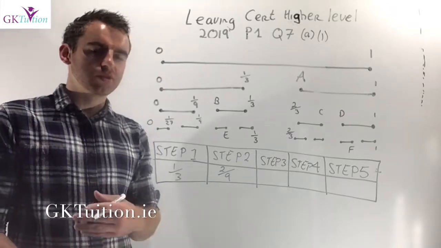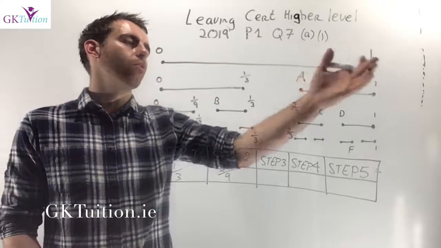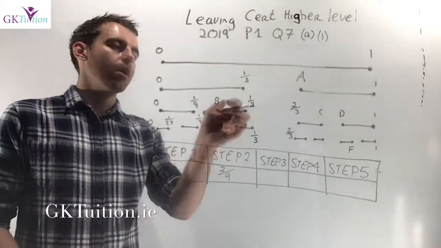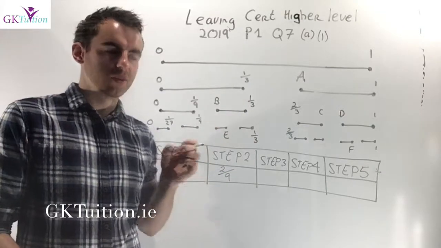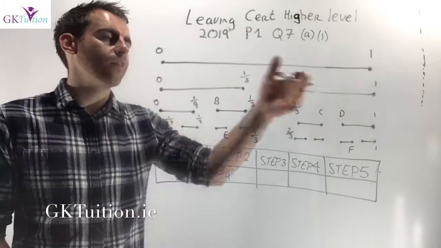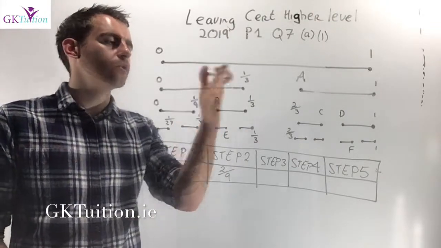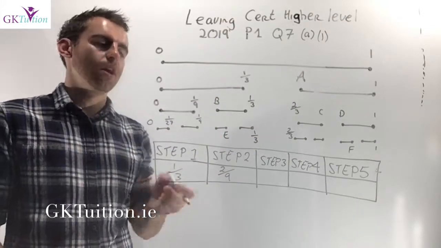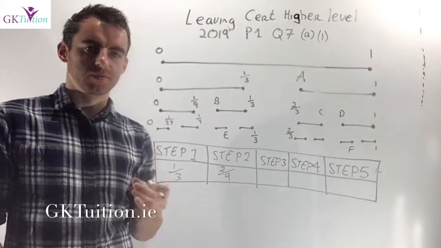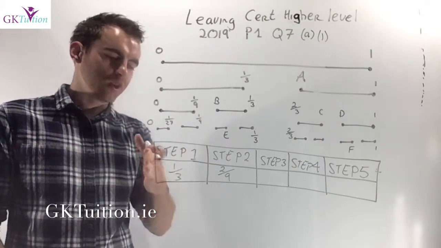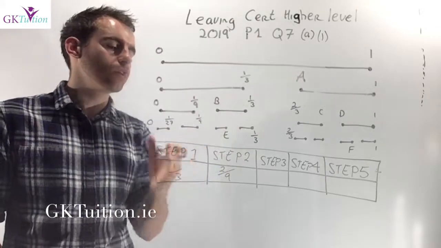In this question we're introduced to the Cantor set, where we start off with a line that goes from 0 to 1. In the first step, the middle 1/3 is removed from the line, and we're left with the Cantor set. In the next step, the middle 1/3 of the two remaining lines is removed. And in the next step, the middle 1/3 of the four remaining lines are removed. The first part of this question asks me to work out what proportion of the original line is removed